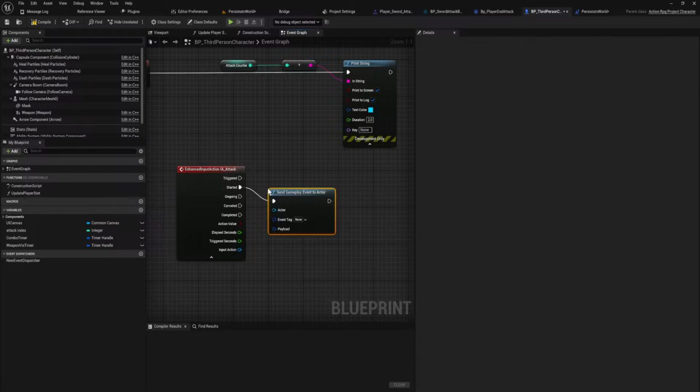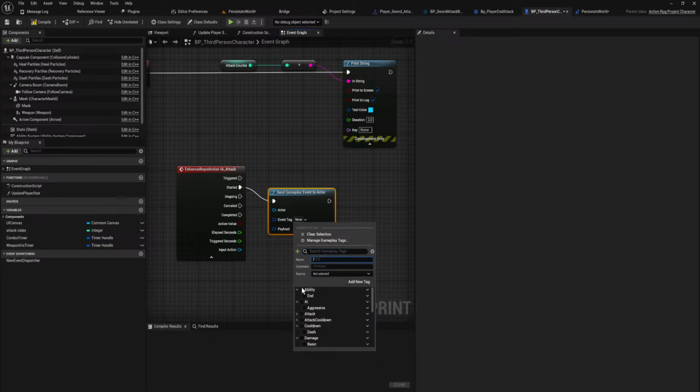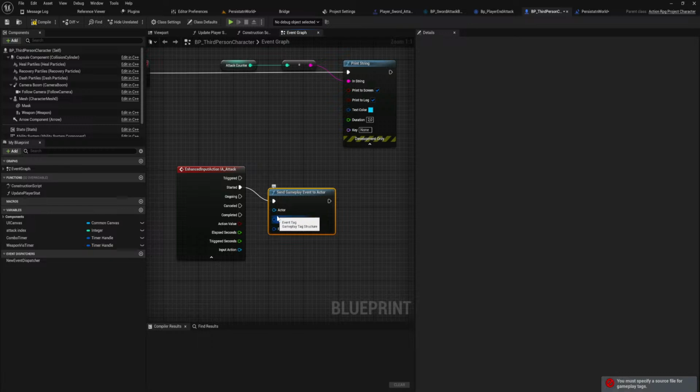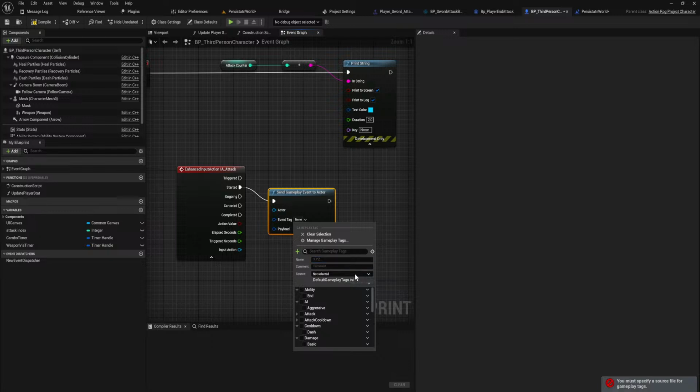Send gameplay event to actor. Attack dot end. Get fucked. Attack dot end.